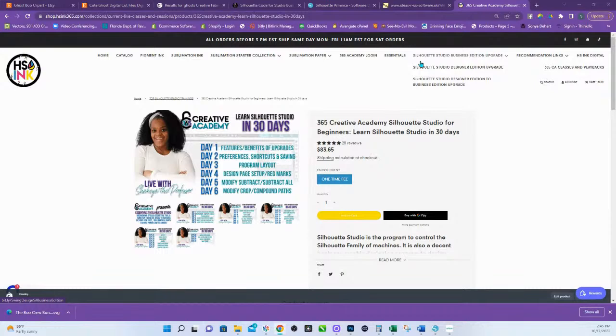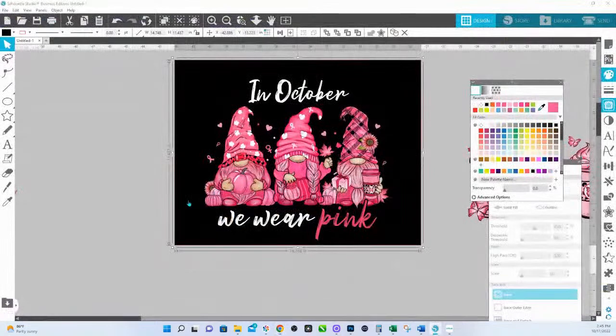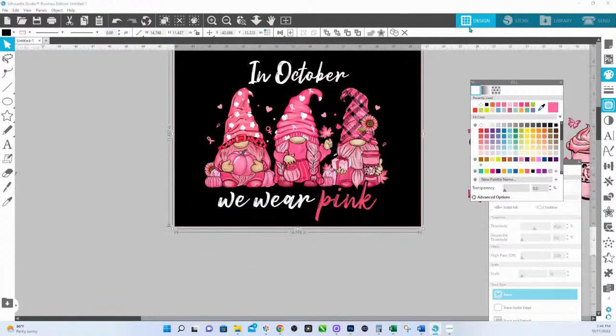Then you have day 3, program layout. With that, we go through what's on the left side and what's on the right side. If you're like me, I can't see half the time, so I made all of my icons bigger. So for me,